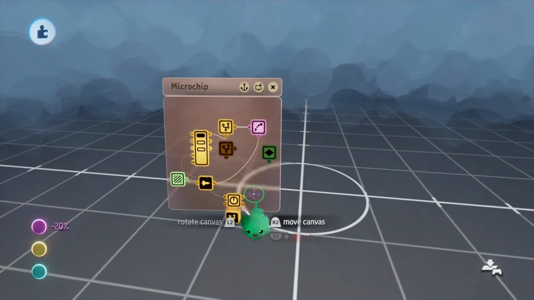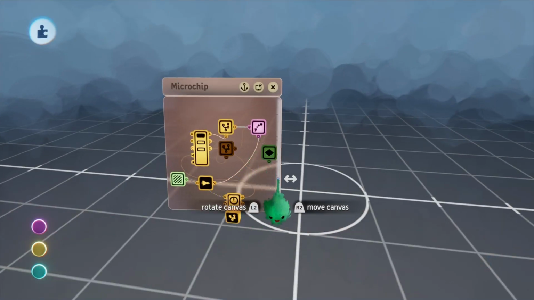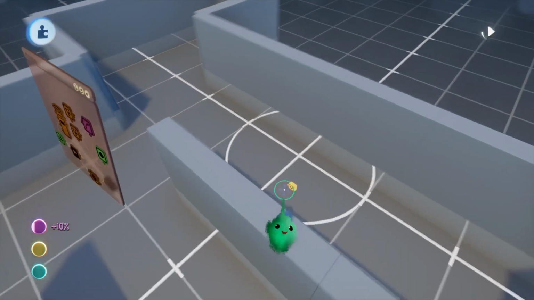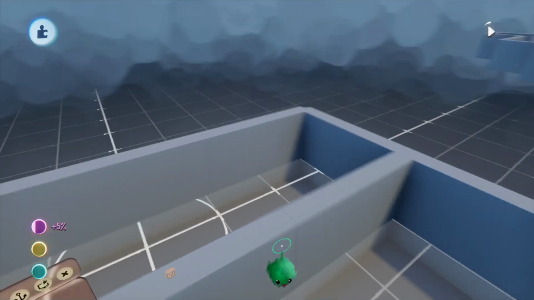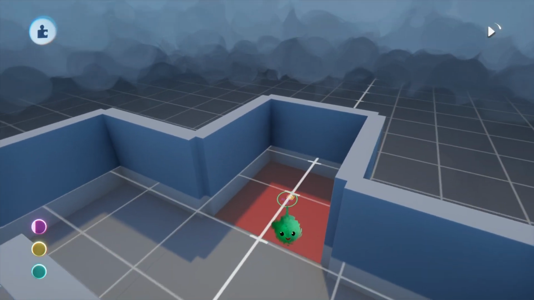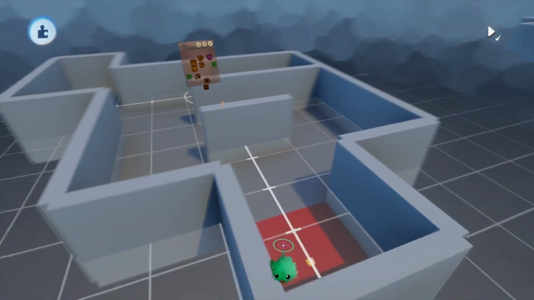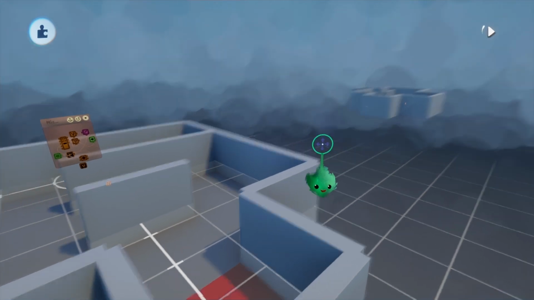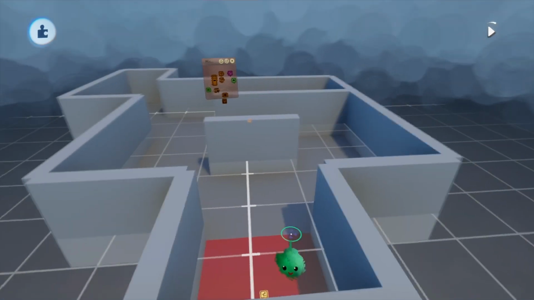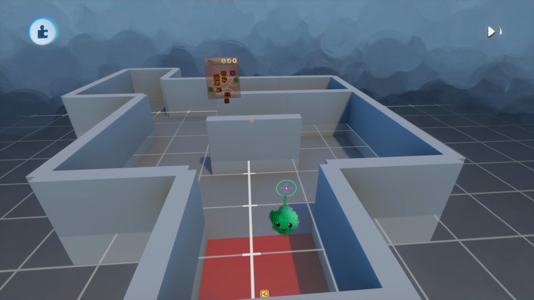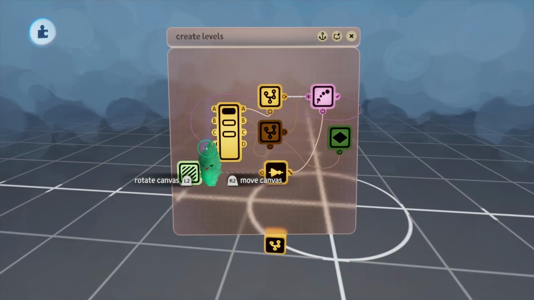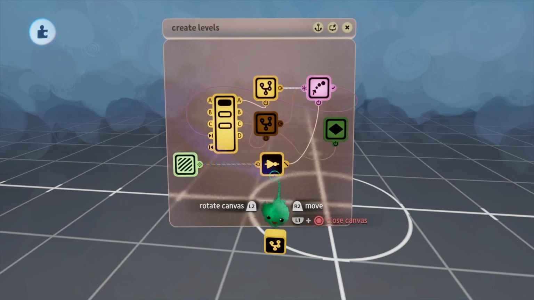The whole reason we've done this is that we can start our character at our starting spot, which will then be deleted. This microchip with the tag will be deleted. Then, once we reach this end spot, we can use the only remaining starting point tag and teleport our character over there. We can then delete this labyrinth and emit a new one somewhere else. I've labeled this microchip create levels. We'll get back to how we can make this work a little bit better in a little bit, but first